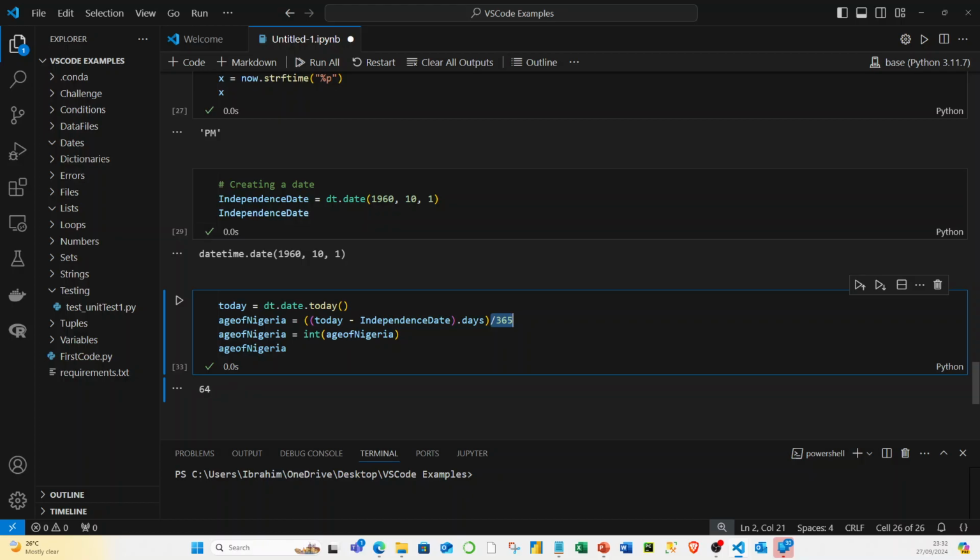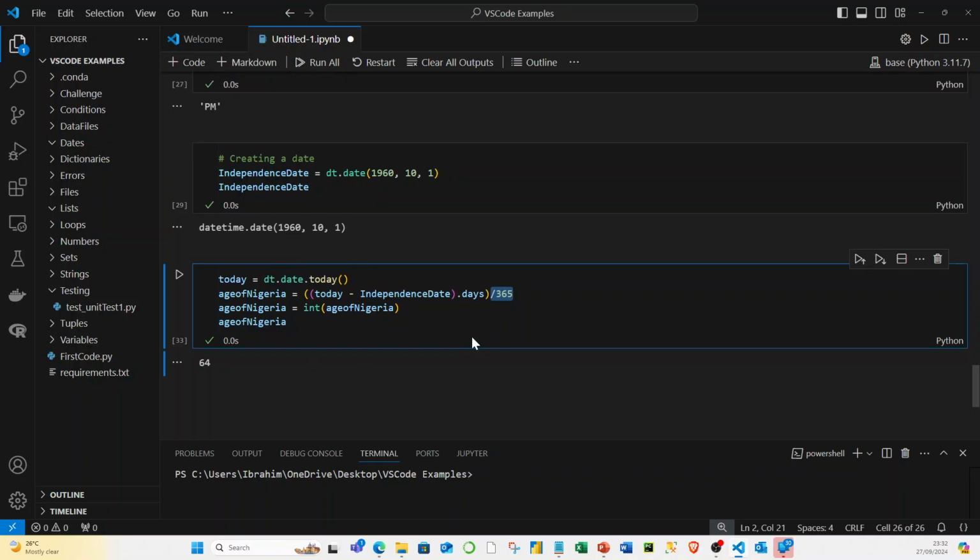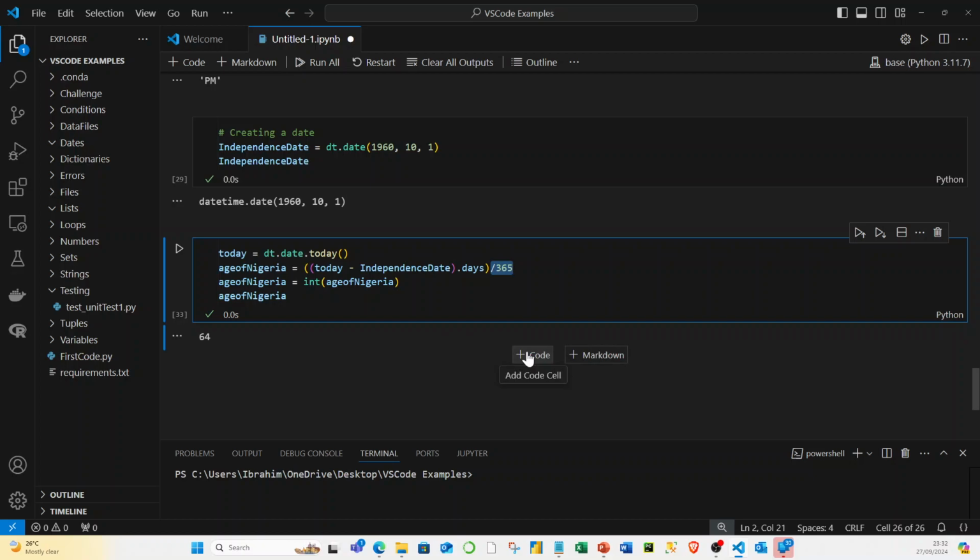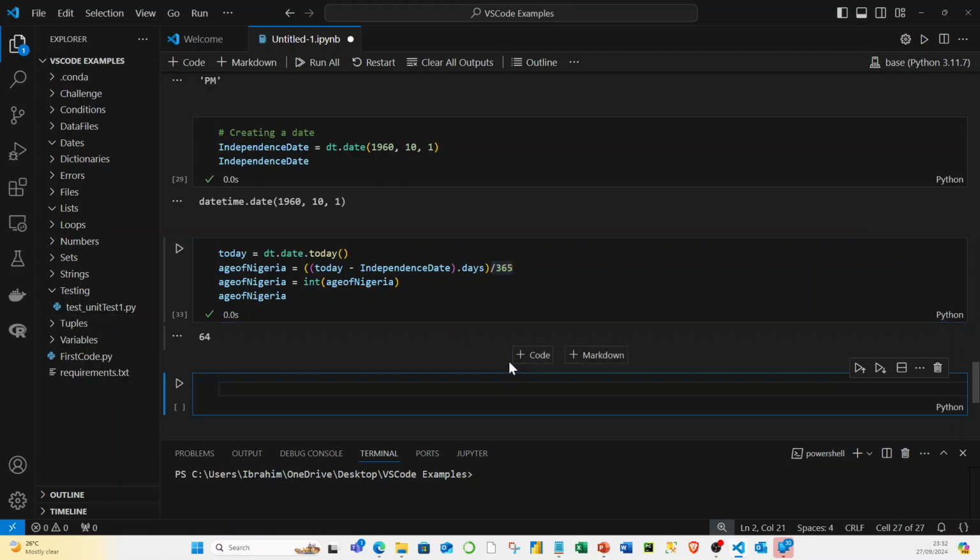That's a simple illustration of how you can use date within Python. Now, there is another demo that I also prepared for you. This time around, we're not just deducting one date from another one. Rather, we are having a special case like we often see in other packages like Excel, where you are finding